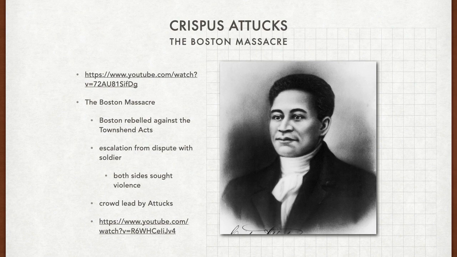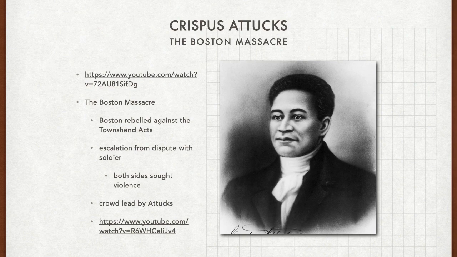So, essentially, this is what happened. There was a wig maker's apprentice. He approached a British soldier that had previously bought a wig from his master, and he confronted him and said, "Hey, you haven't paid us back, what the hell?" And so they started arguing. Another British soldier came up and was like, "Hey, why are you arguing with him? You should respect us." And then other colonists who were nearby came forward and started harassing the British soldiers, right? And we'll talk about the escalation in a second.